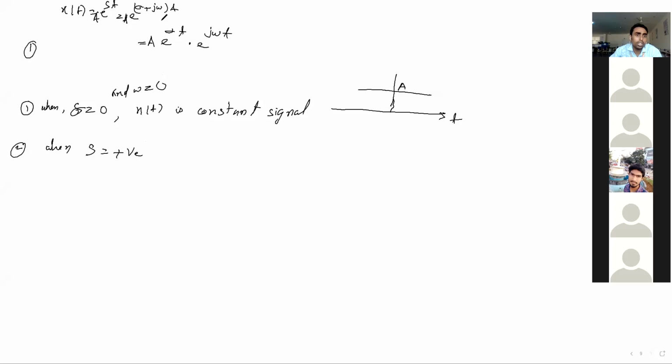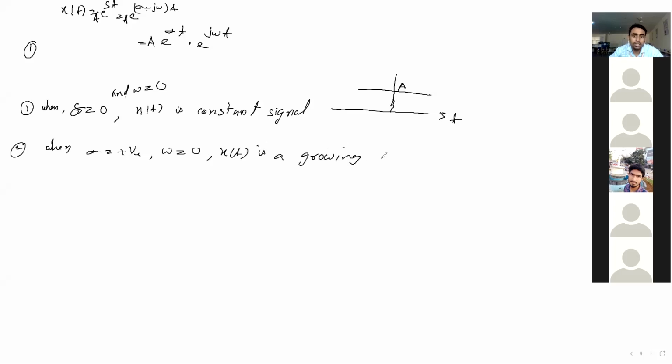If sigma and omega both are 0, then this term will be 0 and this term will become 1, so constant. Write it like that, it will be better for you, otherwise it will be confusing. So when sigma equal to some positive value and omega equal to 0, then x(t) is nothing but